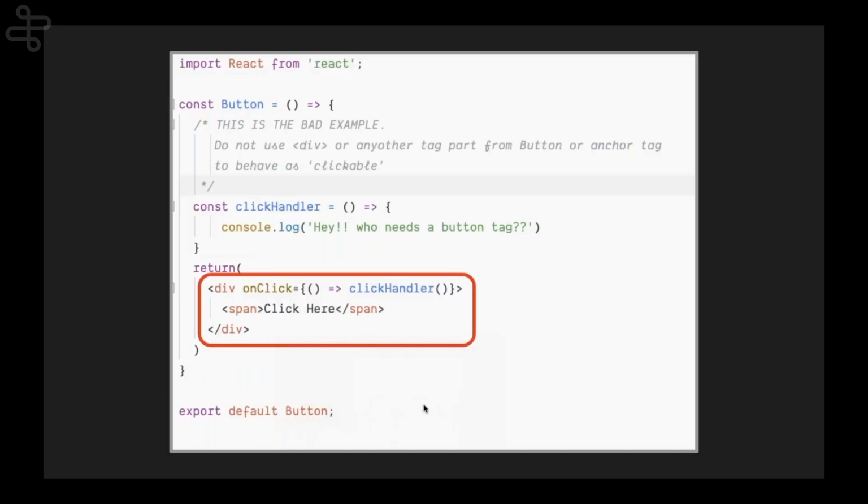Now the second example: here I'm trying to create a button. If you look at the JSX, I'm using a div, and on that div I'm putting onClick. Now if I want to have accessibility on this, I need to pass role, aria, I need to have the focus, I need to have the tab index, and so many things. But